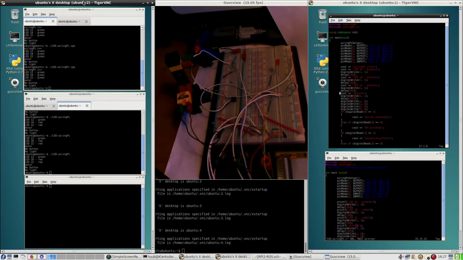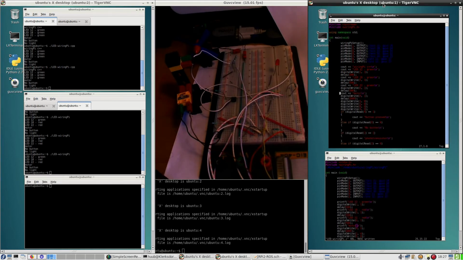Alright, so I showed you the virtual desktop on the Mac. I showed you on the tablet. This is the first desktop with the C++ program, using IOStream for screen output, then wiringPi library for being able to write and read from the GPIO,